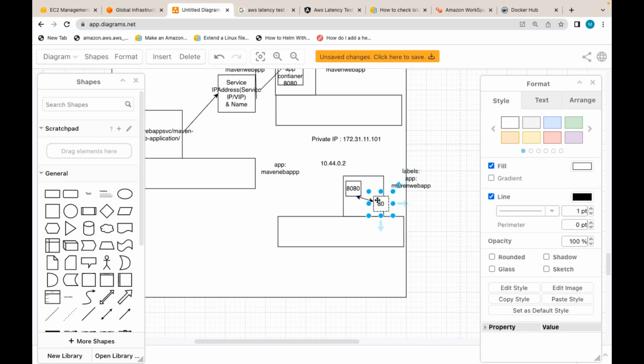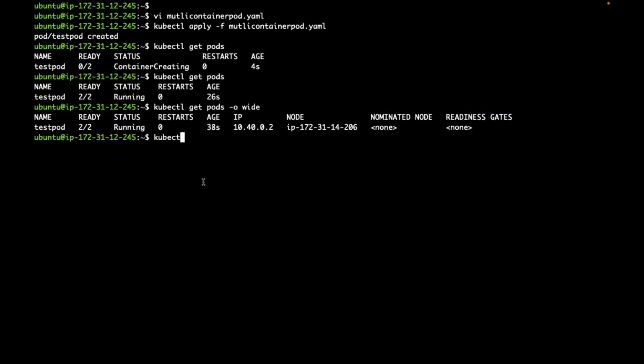Now this one wants to reach that one. Do we need to use any pod IP, cluster IP, service IP or node IP? If this one has to communicate with that one, not required. How can I test whether those can communicate with each other? Can I go inside one of the pod's containers, using kubectl exec -it, that pod name, bash? Since I have two containers,